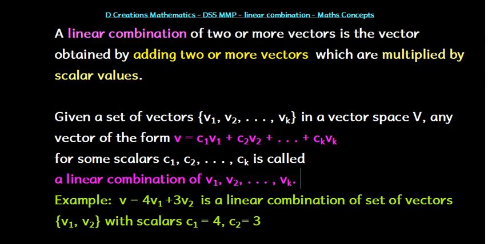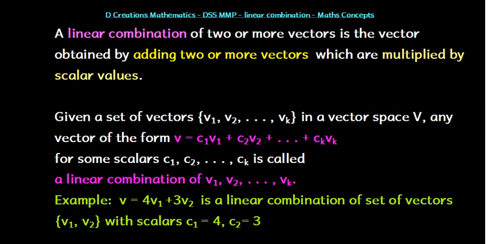Linear combination is an important concept in maths. So let us have a look at it. The word combination suggests that there must be some adding up of components. Here the components are vectors, and they are also multiplied by scalars. So if you have a set of k vectors, say v1, v2 up to vk, then any vector of the form c1v1 plus c2v2 plus dot dot dot plus